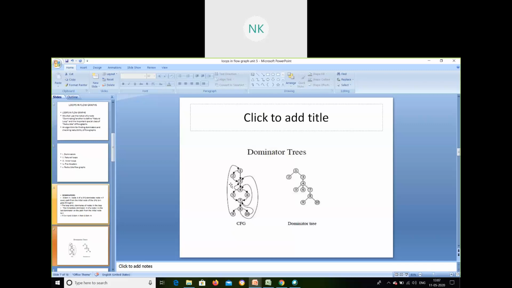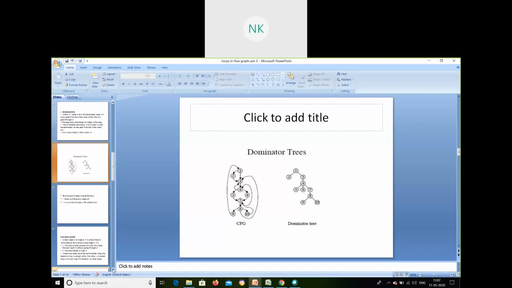Now I can make my structured graph. The structured loop is: 1 to 2, 2 to 3. So after reaching 3 only, I will be able to go to other nodes. So 3 to 4, 4 to 5, 6, 7. From 7 to 8, 8 to 9 and 9 to 10. Correct? So this is how I am making a tree into a loop in a structured way to make sure it executes fast. That's the main intention of a compiler. Correct? So the next one is a natural loop.